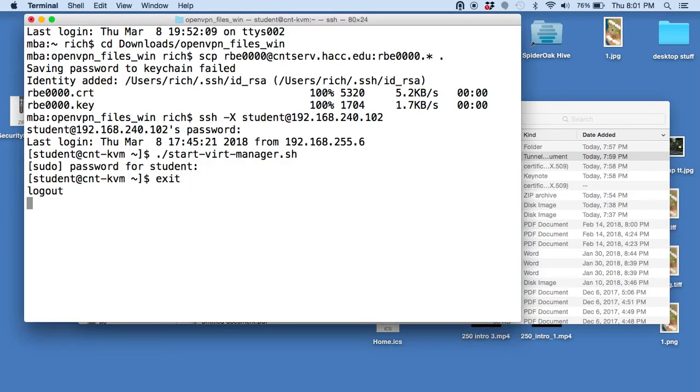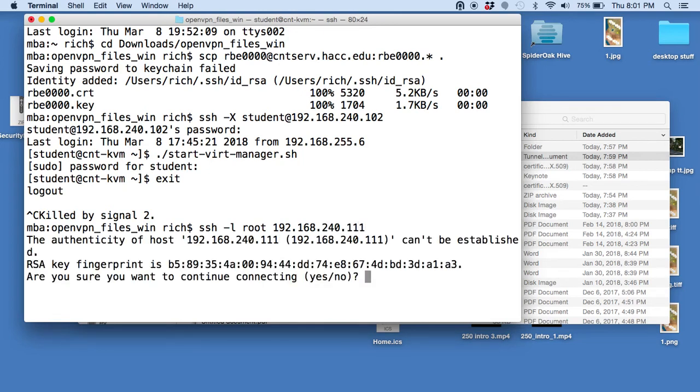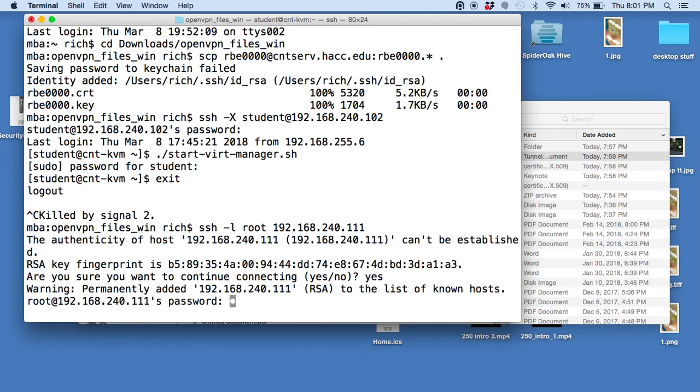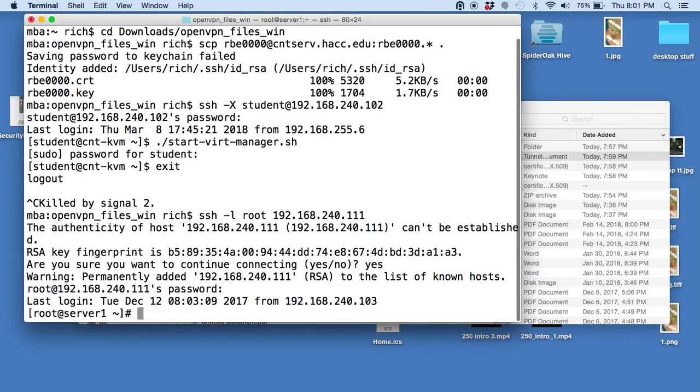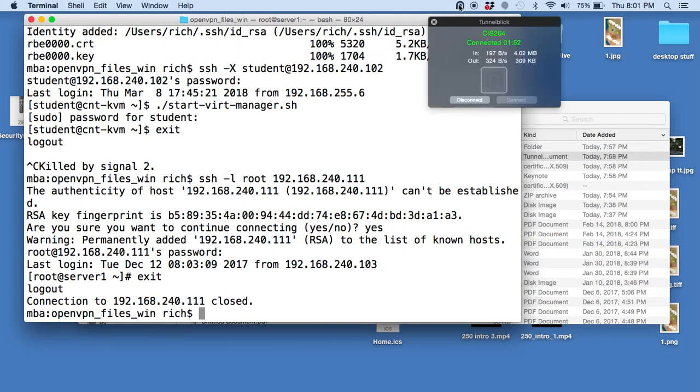And now from this point on, once you have a system installed, Control-C killed that. Once you have a system installed, then you can SSH directly to it across the VPN without using virt manager. So once your system is installed, you don't need Virt Manager anymore. You can just SSH directly to it. So once you're done, exit out of the SSH window, and then you will want to disconnect from the client. And then remember to reconnect